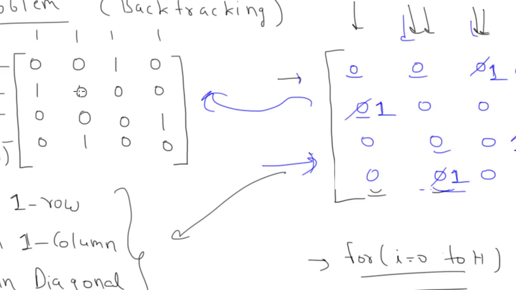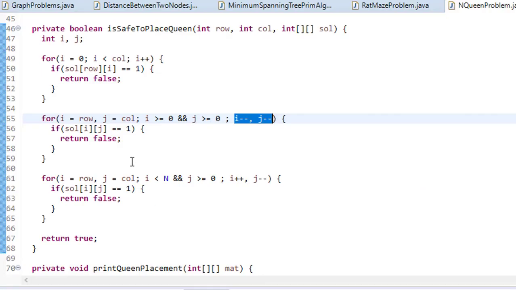For this case, here we have 1 1. The indexes of this placement are 1 1, right? The indexes of this placement are 1 1. So how can I check this value? This will be 0 0, right? So that is why I am saying that even if you are here, and you need to check the complete diagonal, you will decrease i and j by 1. You will decrease i and j by 1, and it will go till i is greater than or equal to 0 and j is greater than or equal to 0, right?